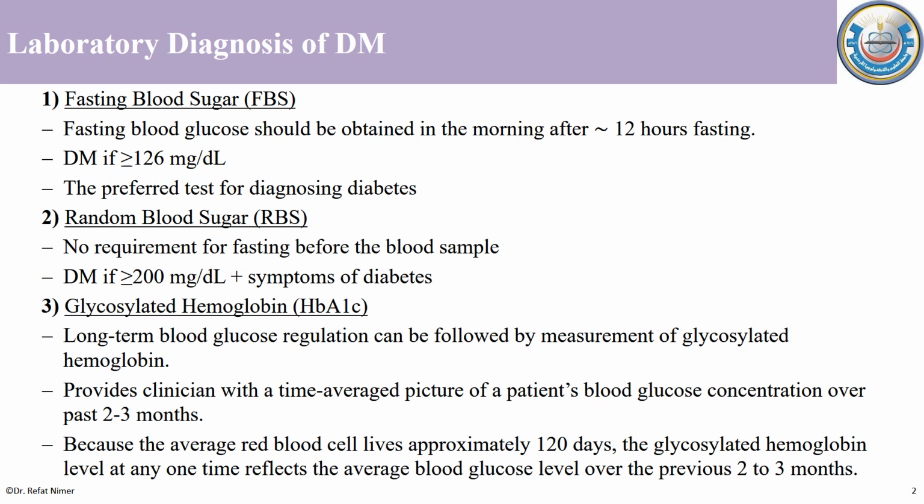As I said, the glycosylated hemoglobin measures the glucose attached to hemoglobin A1C inside the RBCs. So the lifespan of the RBC is approximately 120 days. So this means that the glycosylated hemoglobin reflects the glucose level in your body for around